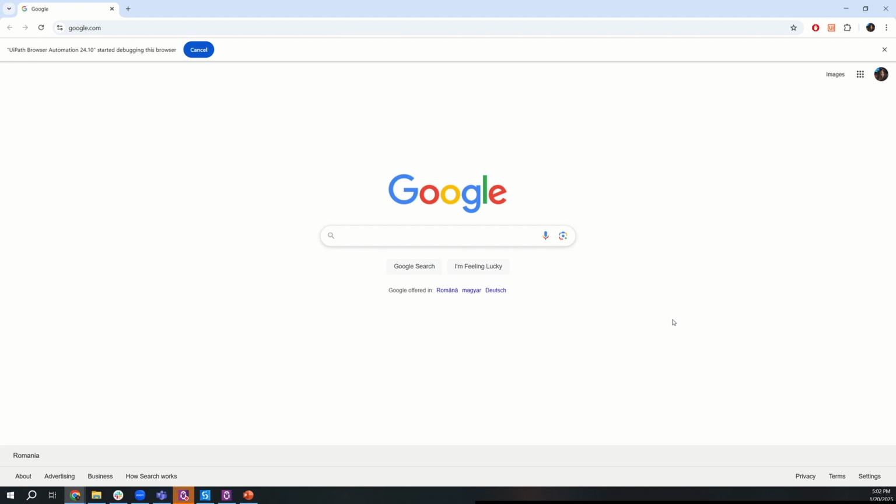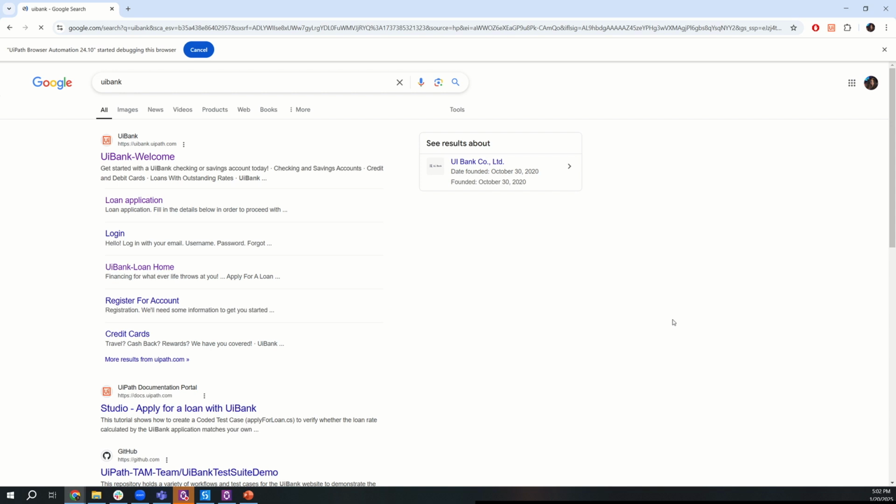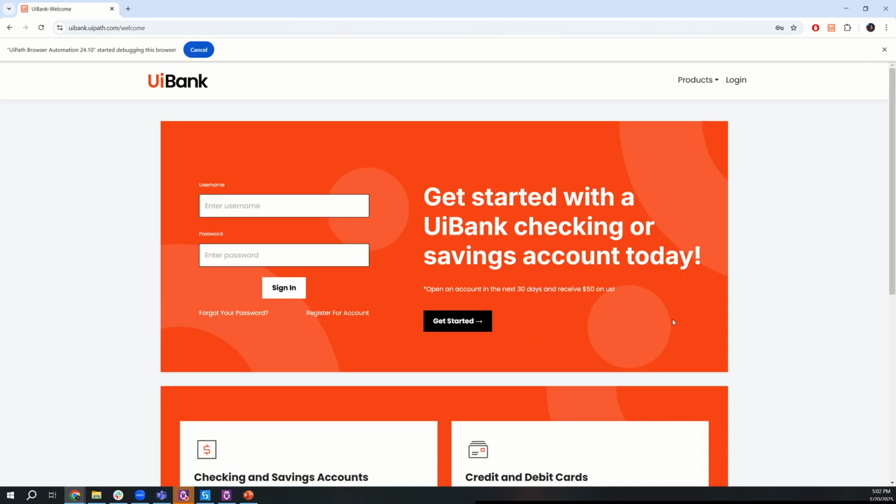The system begins by launching Google Chrome and navigating to google.com. It then searches for UiBank, and once the results are displayed, it selects the top search result to access the UiBank website. Upon reaching the welcome page, AutoPilot intelligently analyzes the interface to determine the path to the loan application